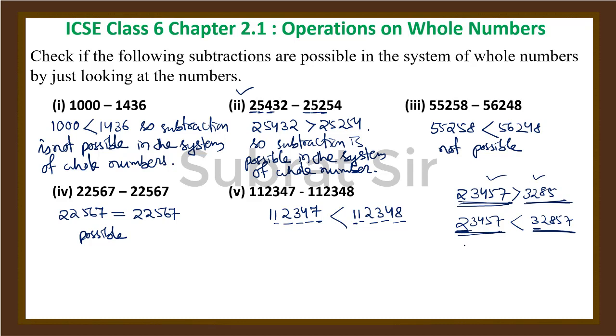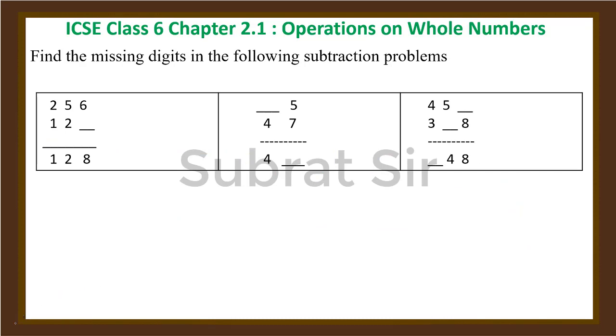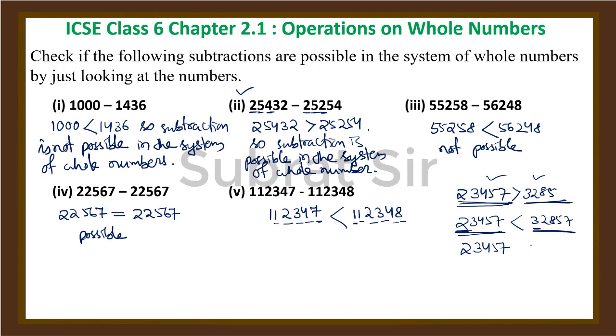Okay, let us take another example. 23457 and we will write here 24857. So here also 5 digits, here also 5 digits. And the leftmost one, 2 and 2, in both the cases it is same. So we will take the next number. Here it is 3 and here 4. As 3 is smaller, the first number is less than the second number. Like this you can find which one is larger and which one is smaller.